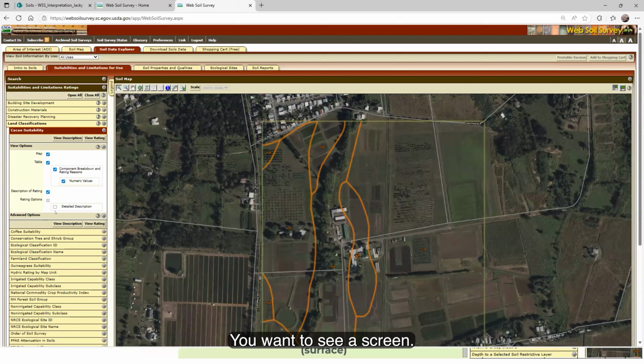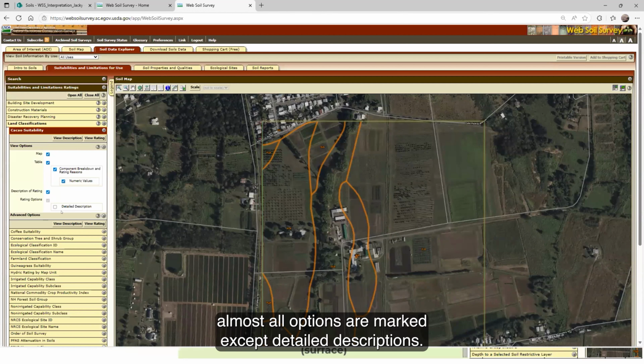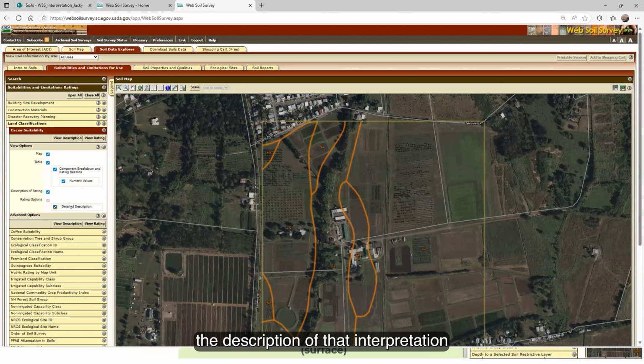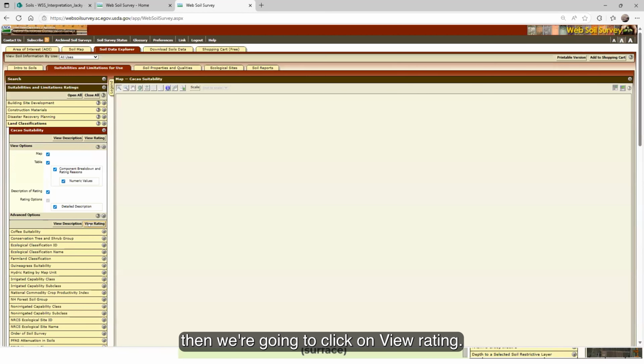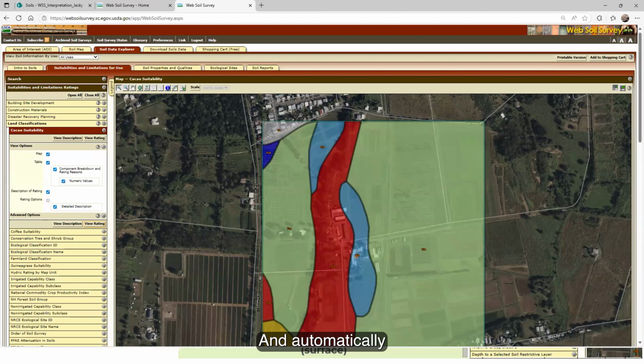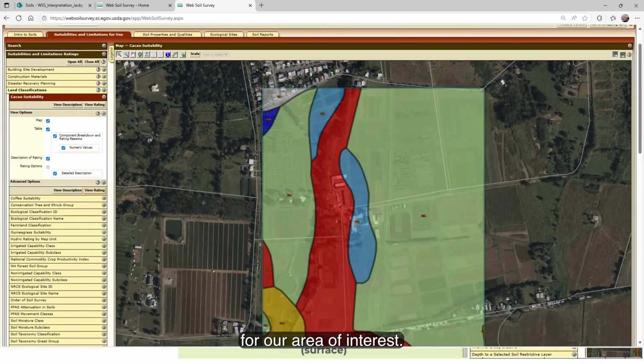You're going to see a screen where almost all options are marked except detailed descriptions. We have to mark that because that will develop the description of that interpretation. Okay, so after we mark it, we click on View Rating, and automatically the maps, tables, and the description for our area of interest will be generated.